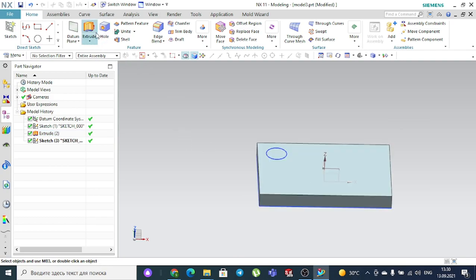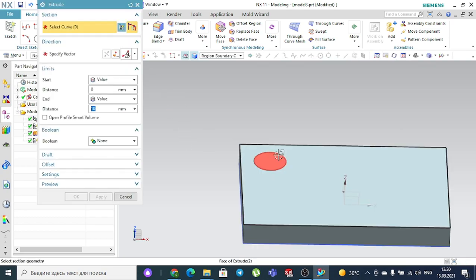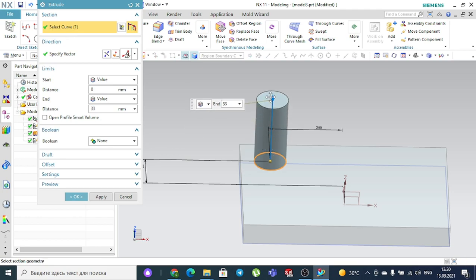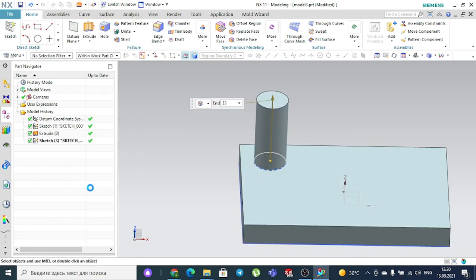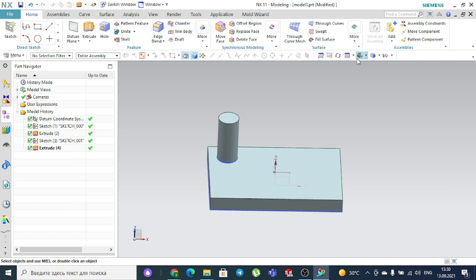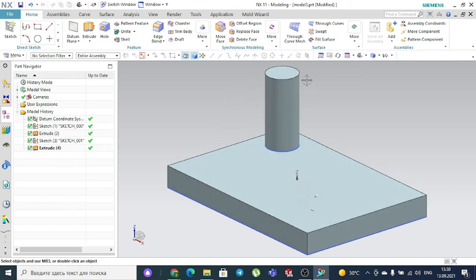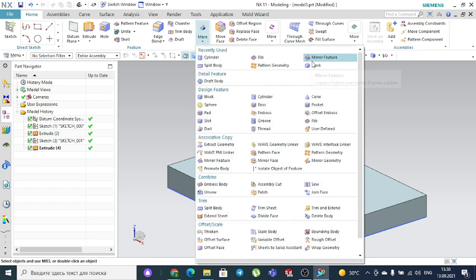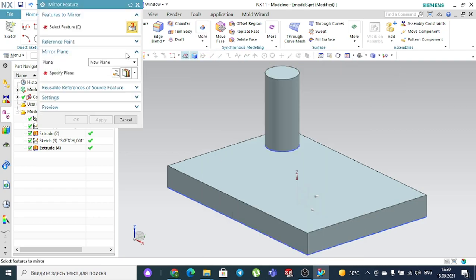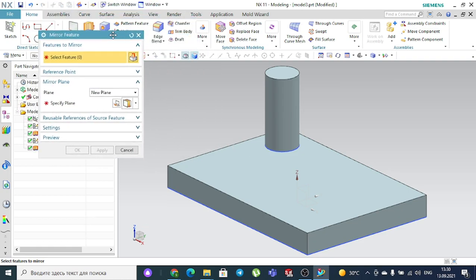I want to extrude it, this one. So let's increase this value and press OK. So now I want to make the mirror of this element into this position along this datum plane. In order to do this, I will go to the More. Here, the Mirror Feature. And if you select the Mirror Feature, you see here that this element of the mirror will be